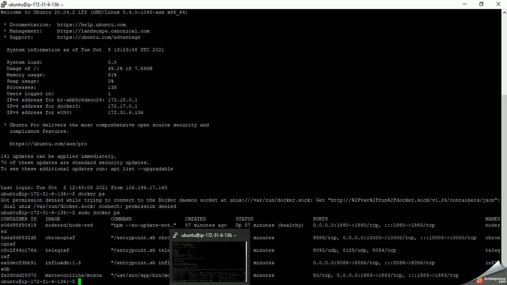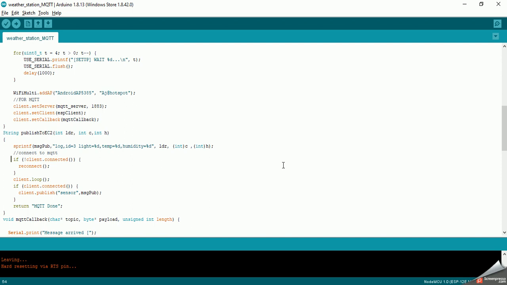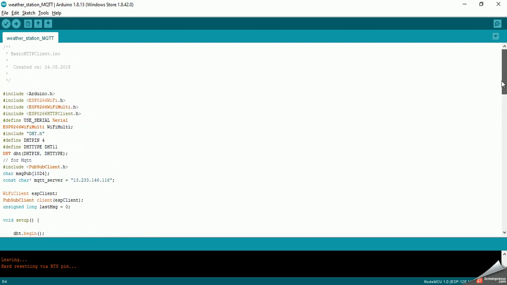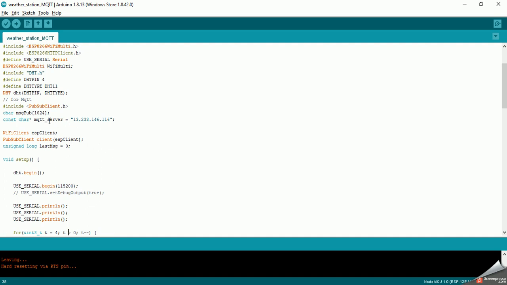Next I will show you the code. It's for the Arduino board and it is written in .ino. It includes Arduino.h and WiFi, and the DHT11 library is also used to decode the temperature and humidity results from the DHT11. And then this is the IP address of the MQTT broker,